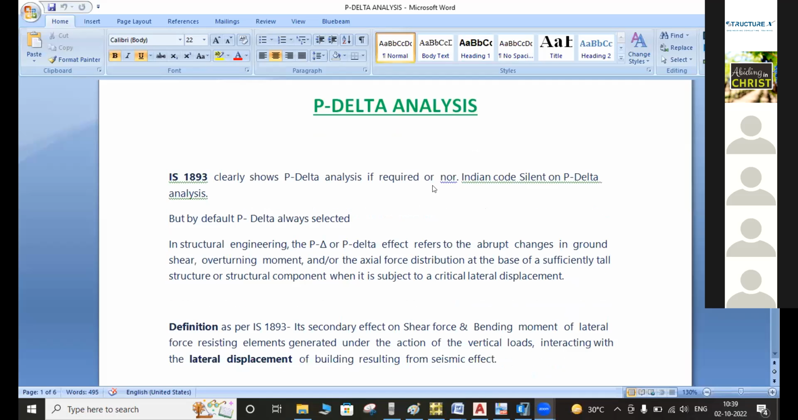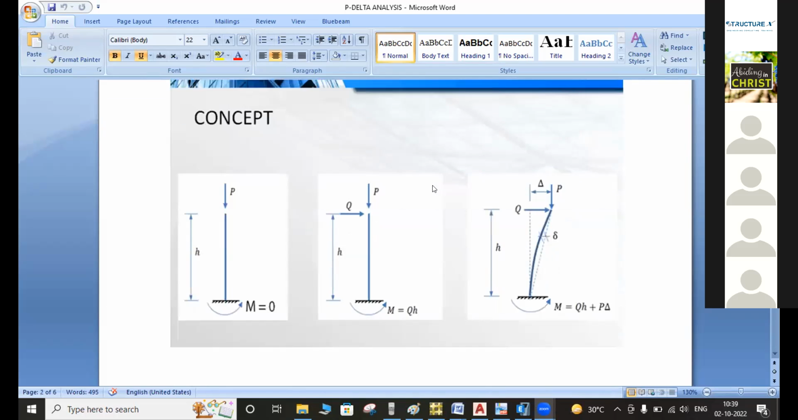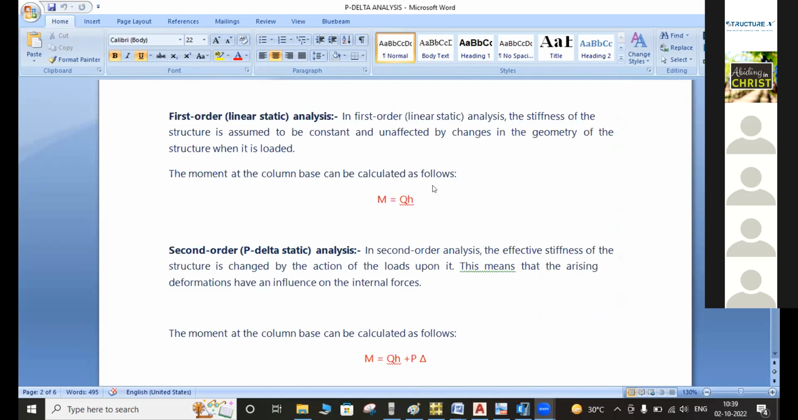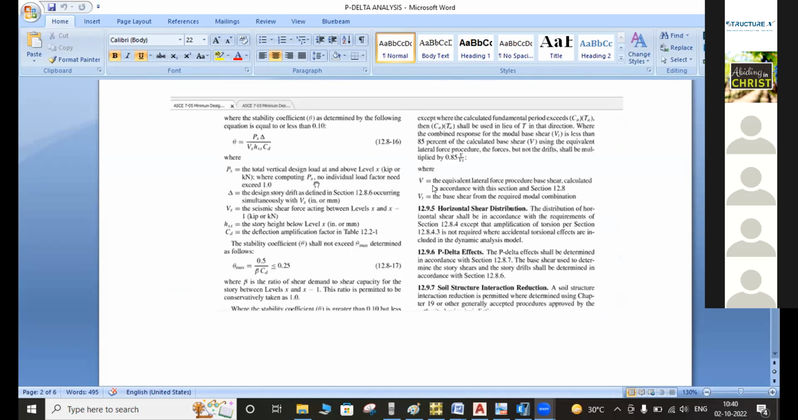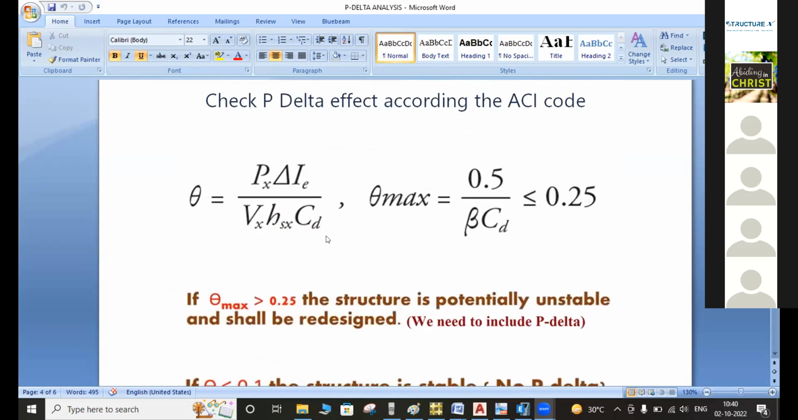So when we use the P delta, the IS 1893 code is silent, it does not say whether we have to apply it or not. But when we use the concept of the P delta, the effect is on the secondary moment and primary moment. So we need to consider this one. The formula is available in ASCE 7-16, theta equal to the gravity loads over lateral this one. We need to take the parameters. The theta values becoming greater than 0.25